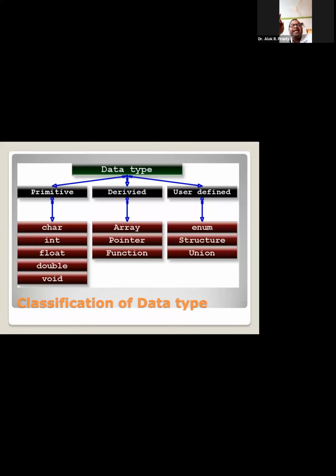Whenever I'm declaring a variable of character type, I have to write char, then the variable name, then a semicolon, as a variable declaration. Whenever I want to store any integer number, it may be 0, a negative number, or a positive number, then I will use the data type integer. If I want to declare a floating point value, that means there should be a decimal point, and before and after the decimal we have certain numbers.